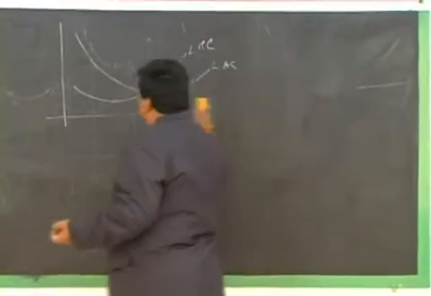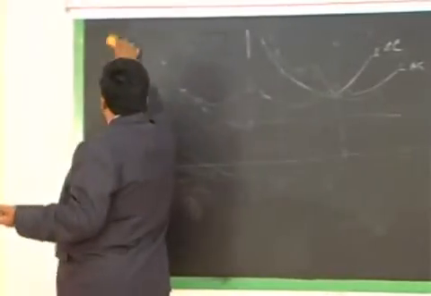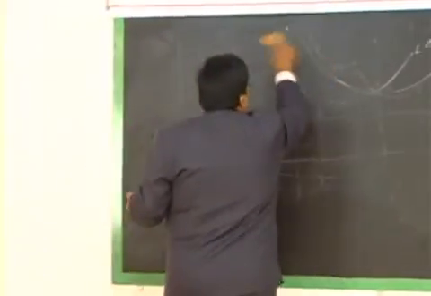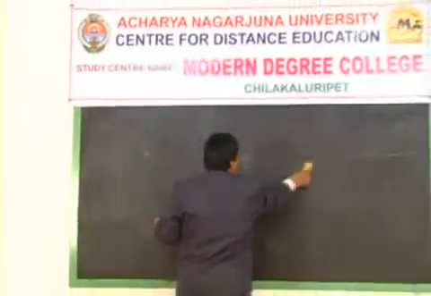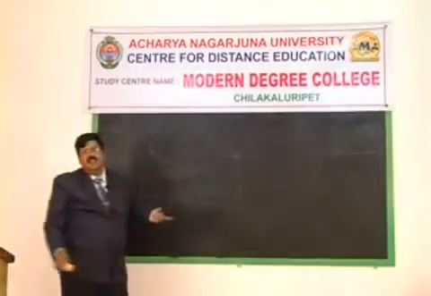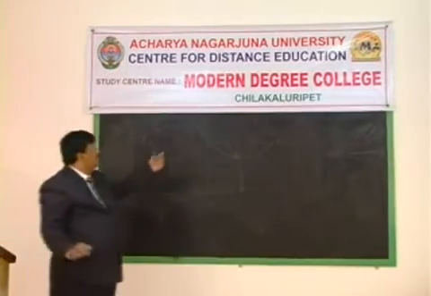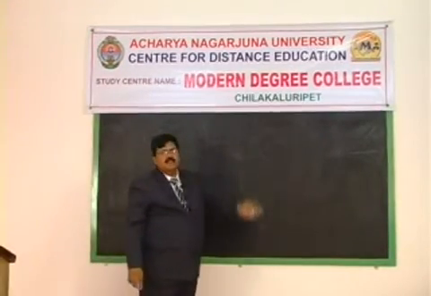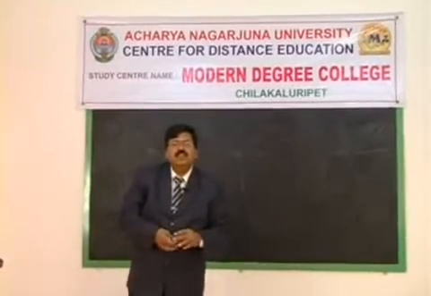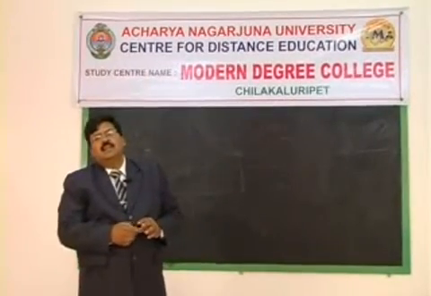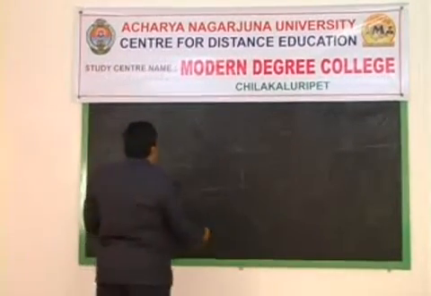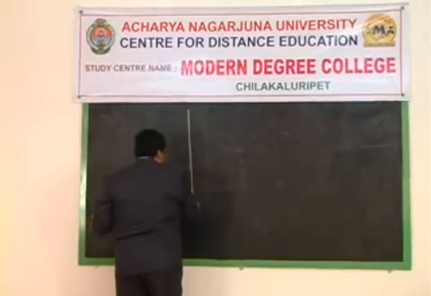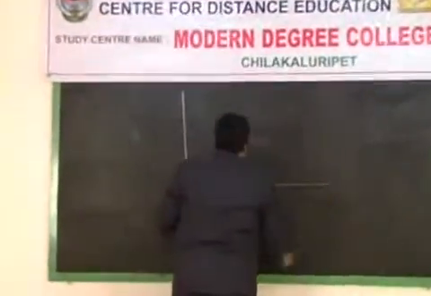Now, we can also explain the derivation part of LMC. Those who want simple relations between LAC and LMC can present the shape of LAC and LMC like this. And if you want to derive long-run marginal cost, we can explain with the help of the following diagram. That is the derivation of LMC.